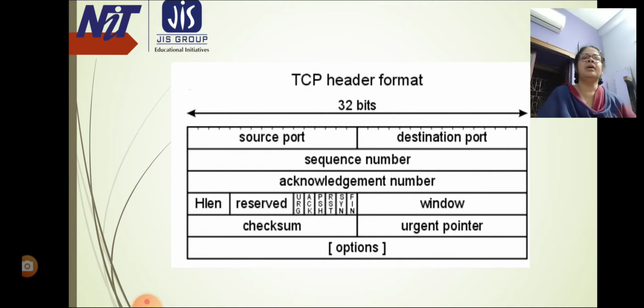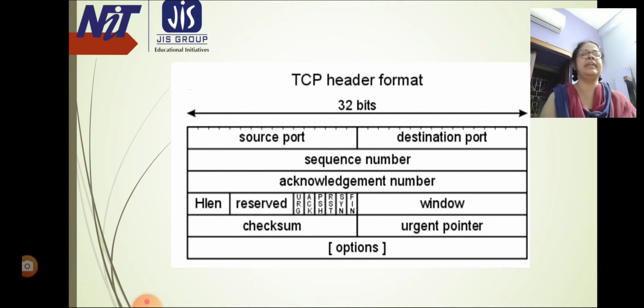Acknowledgement number, a 32-bit field that holds the acknowledgement number, that is the byte number that the receiver expects to receive next. It is an acknowledgement for the previous byte being received successfully.